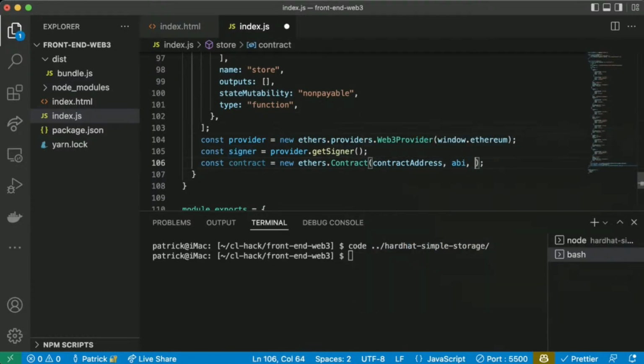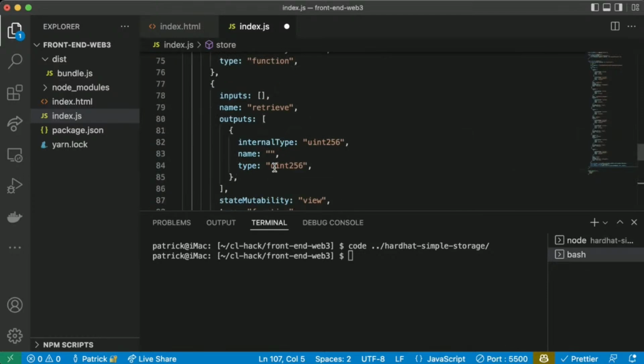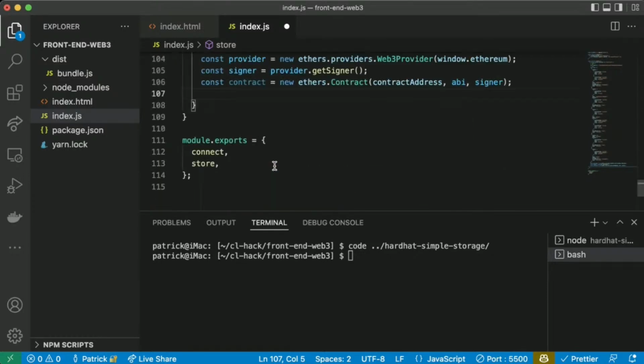You don't need the signer for this contract object to exist, but we add the signer because now we're saying, hey, anytime we call a function on the contract, use the signer to interact with it. Okay, so now we have an Ethers contract in our front end. Guess what we can do? Well, you gosh darn right, we can start writing some functions to interact with it.